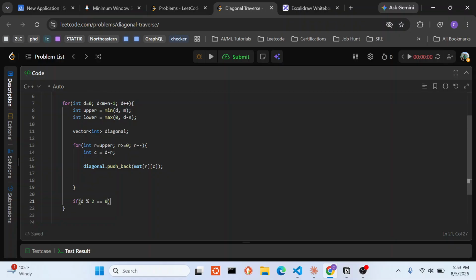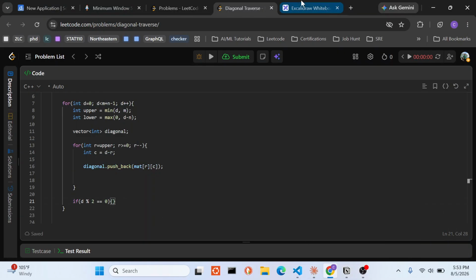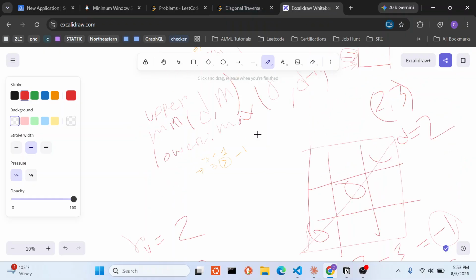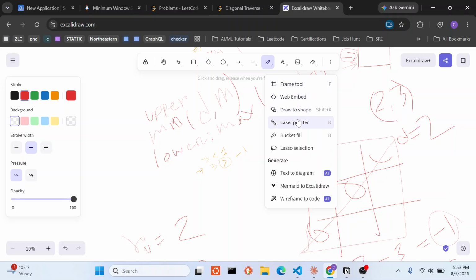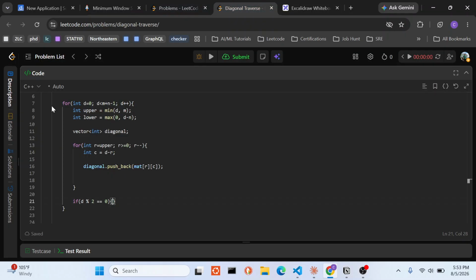The reason I'm checking is, by our logic, our traversal covers this diagonal from top to bottom. So that's fine for odd cells, but for even cells we have to go up. So for that, we'll just reverse the diagonal,